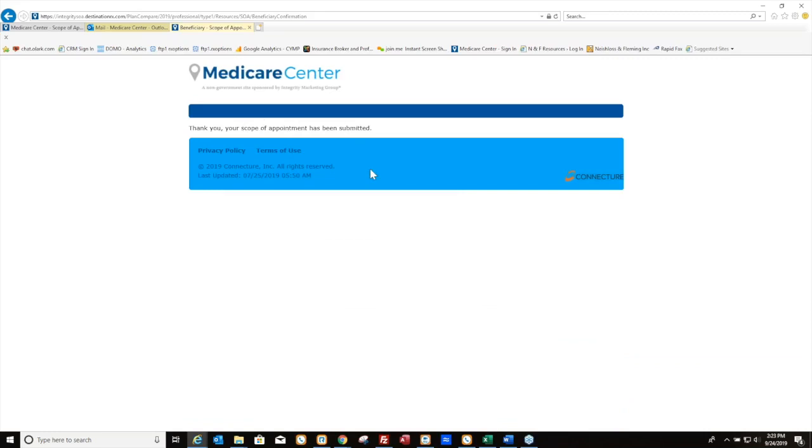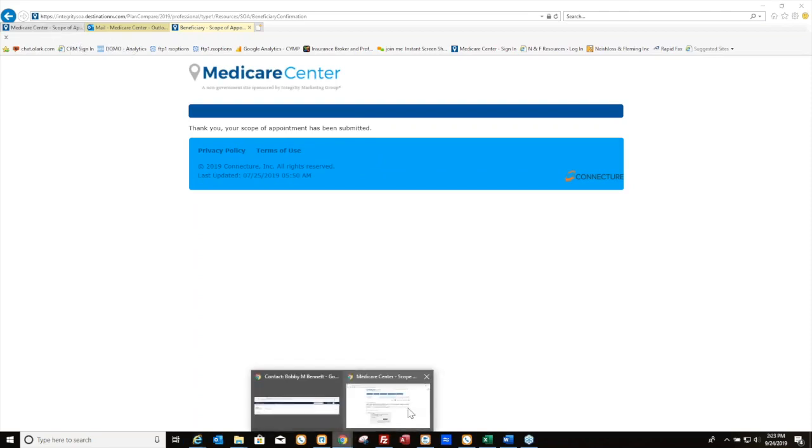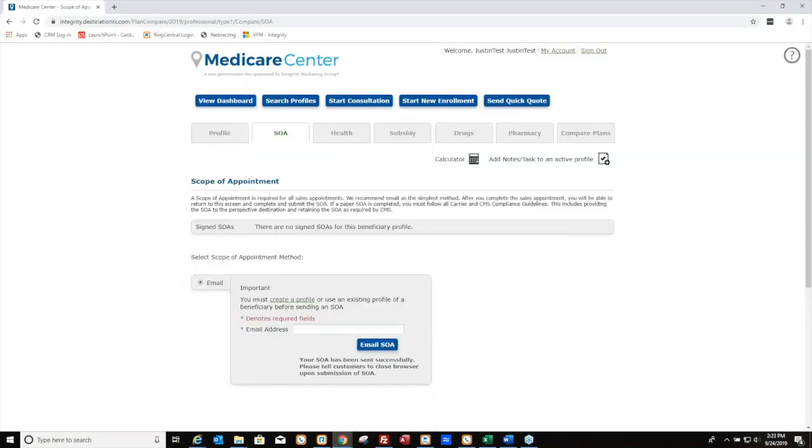Now, this year, we are working, and I believe it's going to be launched on 10/1, you will be advised when the scope is completed. So pretty big news that we haven't had in the past. Agent is now advised that the scope is completed. I go back into my dashboard. Now I can go golfing, I can go grab a drink, I can meet with friends, I can do whatever I like. You can always log back into the system or just simply refresh on the scope of appointment page